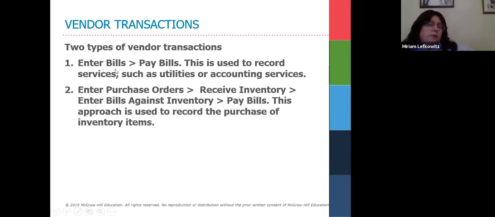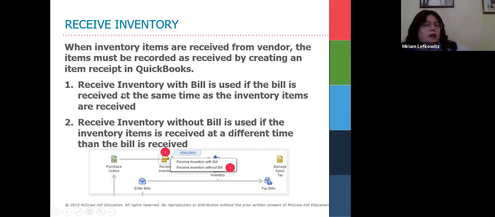Okay, enter bills, pay bills. And of course, this is much longer now. Purchase order, receive inventory, enter bills against inventory, pay bills. So we will see 4 different screens. So we're starting with step 1, always purchase order, goes into step 2 when you receive inventory. Step 2 comes with two different styles